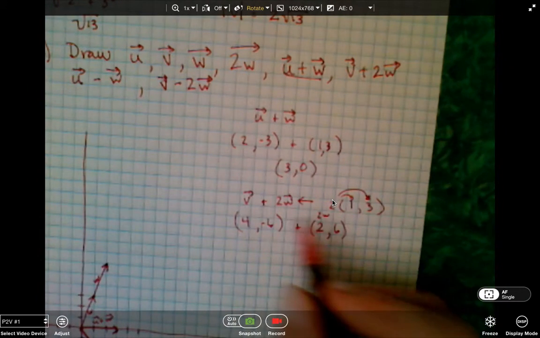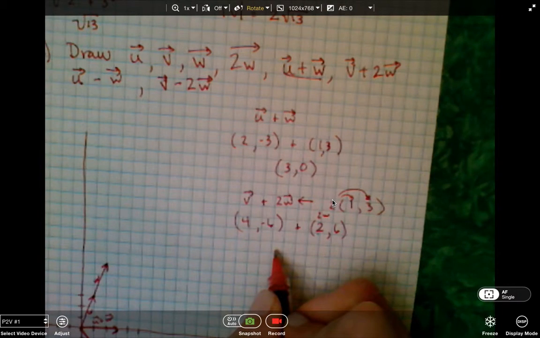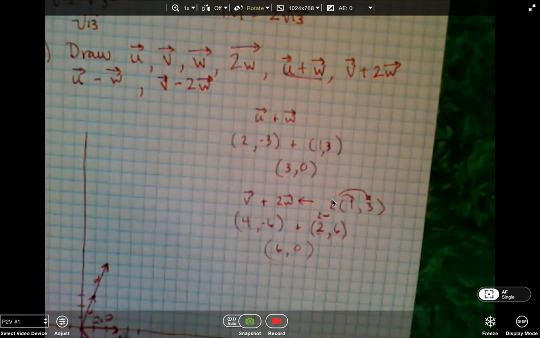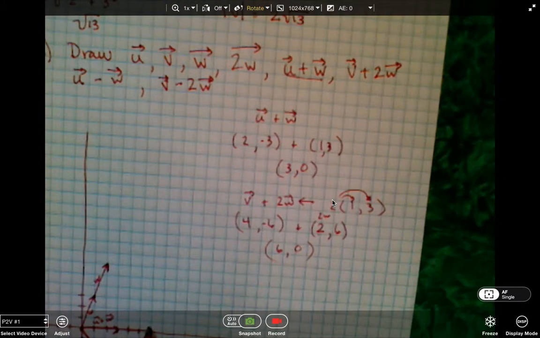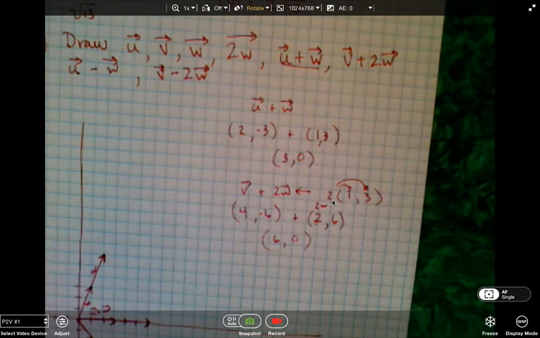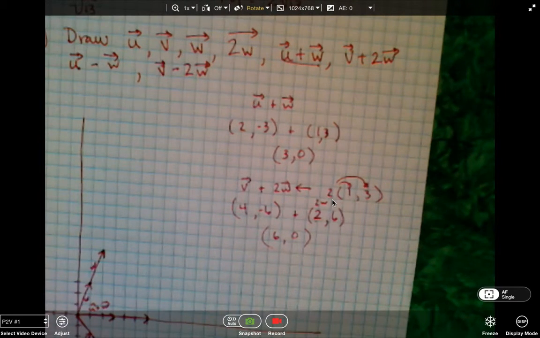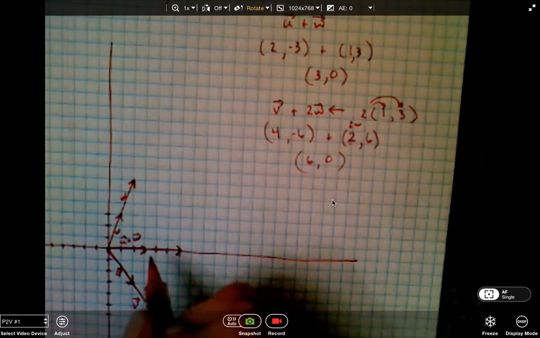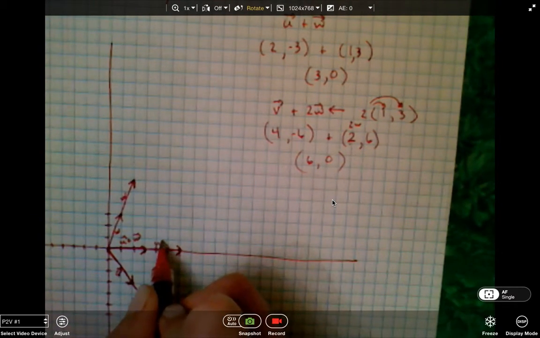So that means when I add these together, I'm going to get 6, 0. Right there. Shift that up a little for you so you can see. There's another